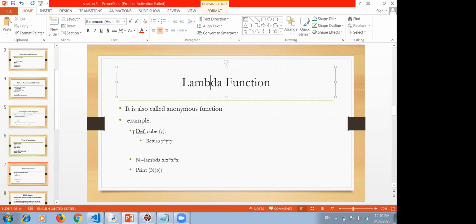Suppose we have a function. The name is cube. It takes one argument and then returns the cube of that number. When we give some number, it returns the cube. Now I want to create its lambda function from this function. The lambda function is created by using the keyword lambda, and what this function does, it just takes the cube of a number and